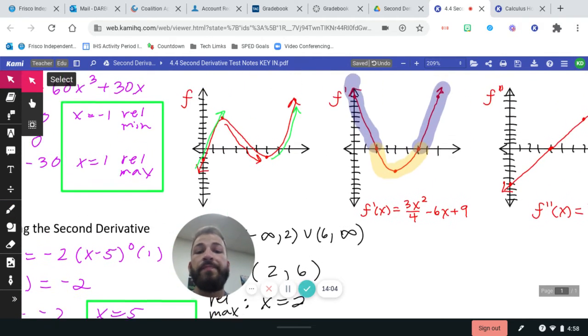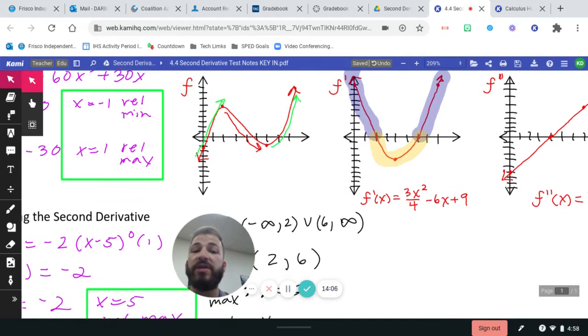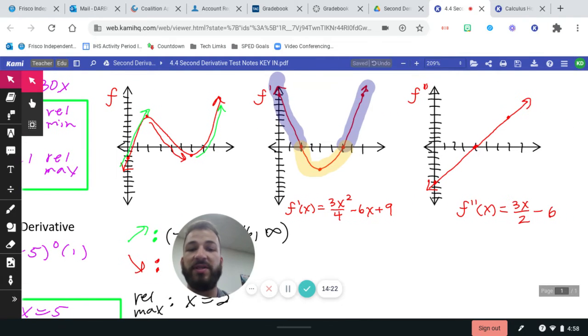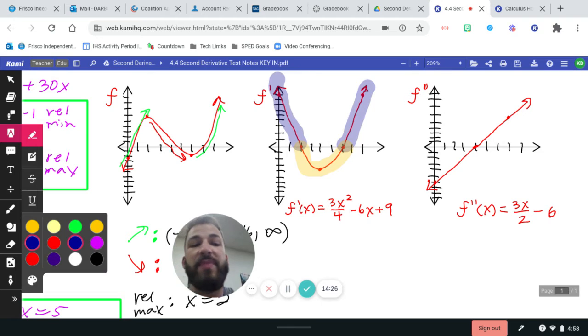All right. Okay, after we do our increasing, decreasing, maxes and mins, the next one is our concavity, concave up, concave down. Okay, concavity on f is determined by whether f double prime is positive or negative. So when f double prime is positive, f is concave up. So let's go over to f double prime. f double prime is positive from 4 onward. So that means our